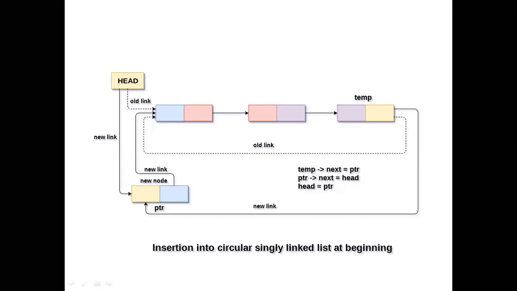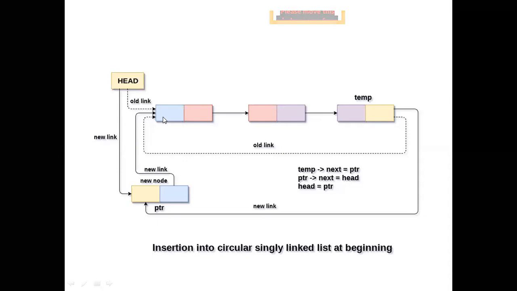Now you tell me, is there a difference between the operation of insertion of a node at the given position or after a given node in single linked list and circular single linked list? No. Am I correct? No. The difference is only between insertion at the beginning and at the end. Because in single linked list, the last node always has the null value in its next position, but in circular linked list it always points to the first node.